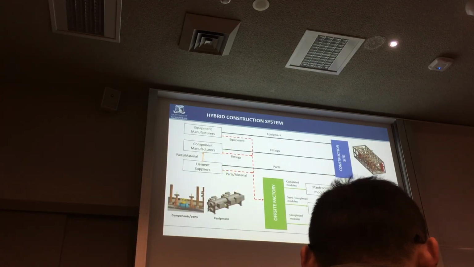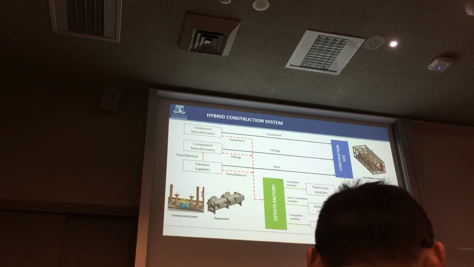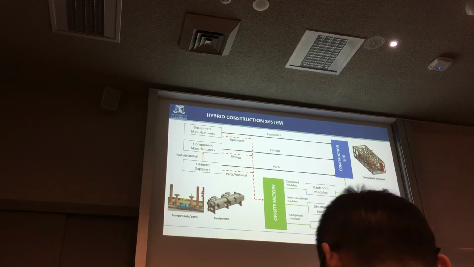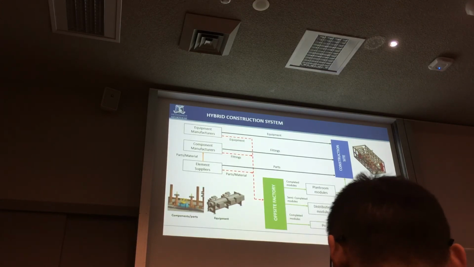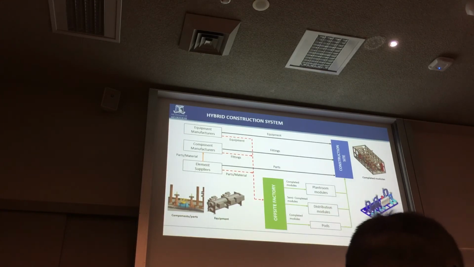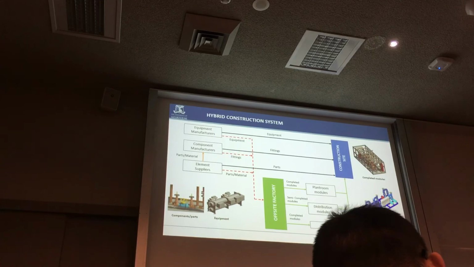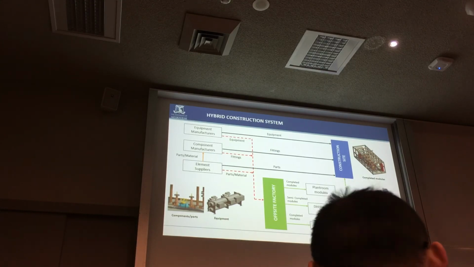So this brings us to the hybrid approach to construction system. Unlike in structural or architectural, it is important to show that it is a hybrid approach for construction when it comes to MEP, where in some cases equipment is directly sent to construction site, whereas simultaneously there is some off-site fabrication also taking place. So it's not just everything done off-site for MEP industry, it's a combination of both methods. And then the algorithm was clearly able to identify the exact modules that need to be produced off-site and the components that need to be sent directly to site.